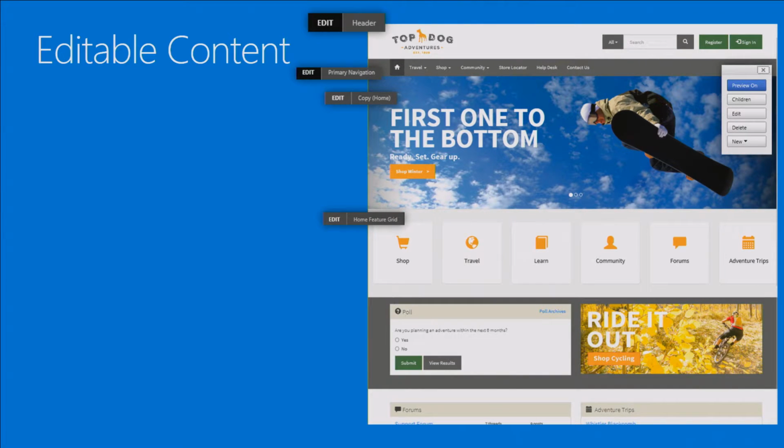Editable content. Basically, as you log into the website, if you're a site administrator, you see edit buttons as you're hovering, and those edit buttons allow you to edit those things right in line. So you're editing them in the context of your website, which really makes it easy for a non-technical user, a content publisher, to be able to go through the website and actually add new pages, edit content, and basically not having to engage with an IT or an HTML expert even, or a developer to be able to make those changes. And they're made live on the website. So it allows you to delegate the content ownership out to the people in your organization that actually would be authoring that content.